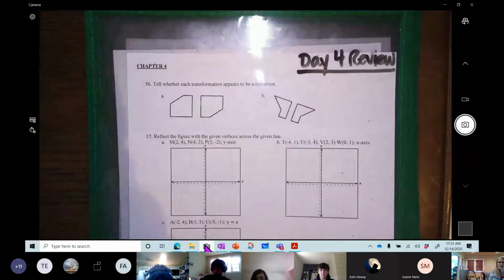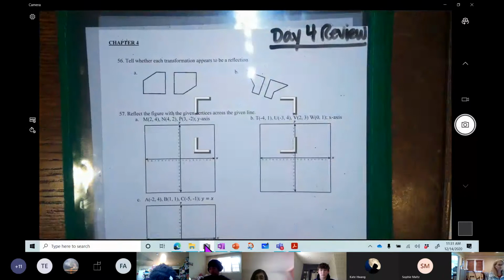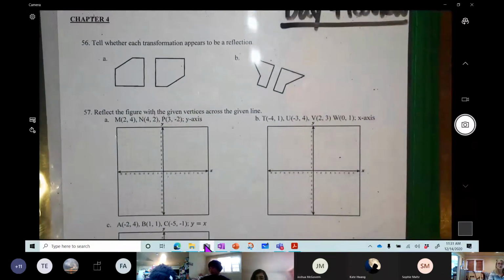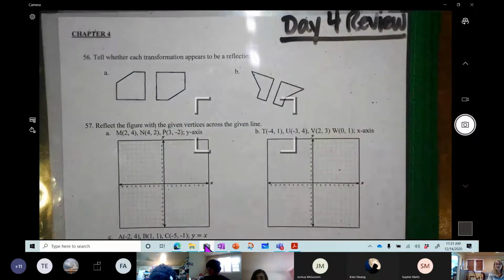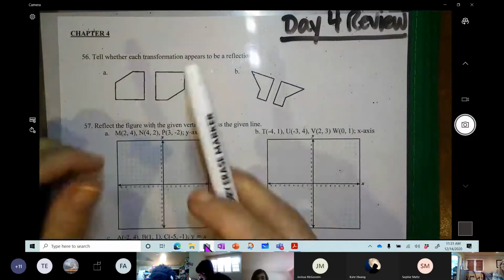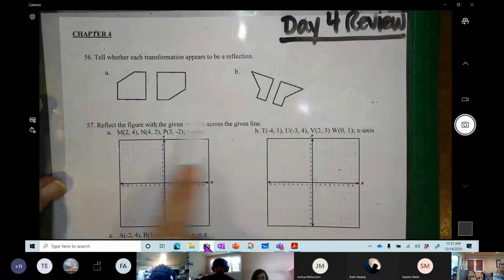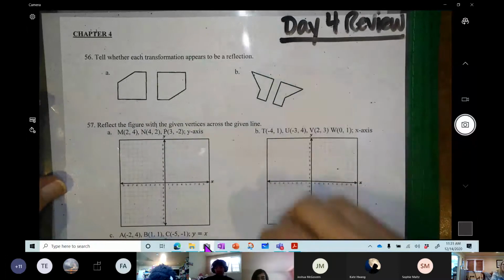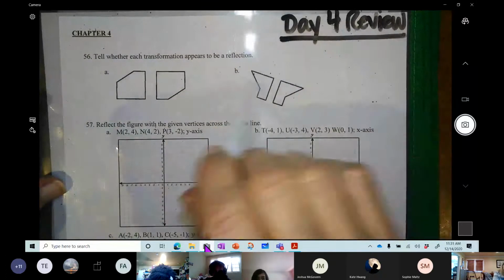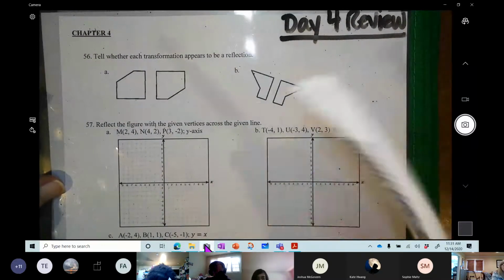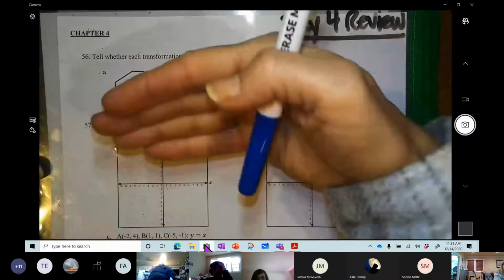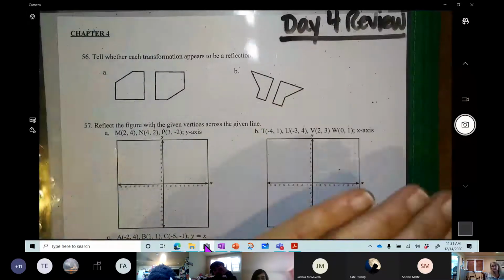Okay, so chapter 4, transformations. First thing we're going to do is talk about just what kinds they are. So as you know, a translation is where you move it either horizontally or vertically. A rotation is where you spin things around a point. And then a reflection is where you flip things, from front to back or up to down, or you can even flip it across a line,